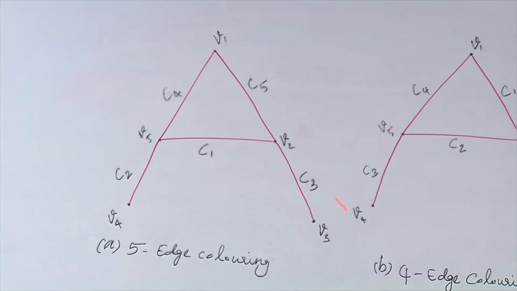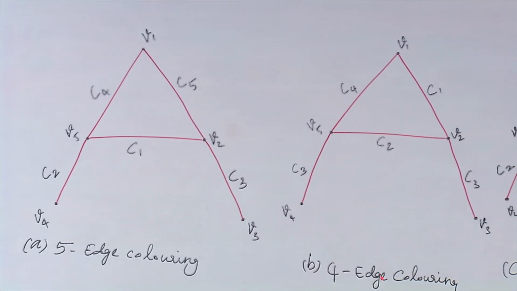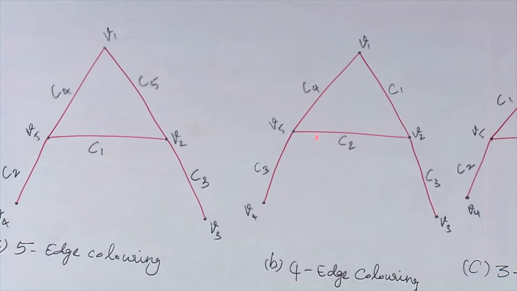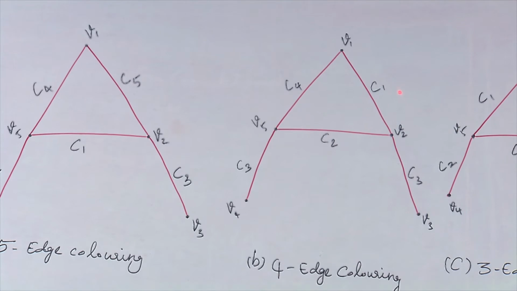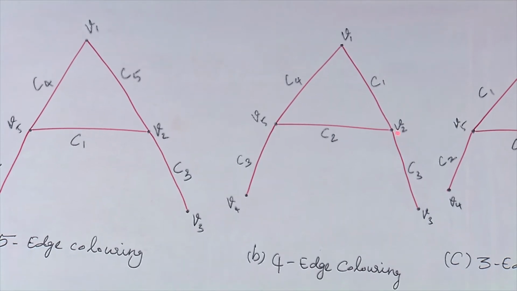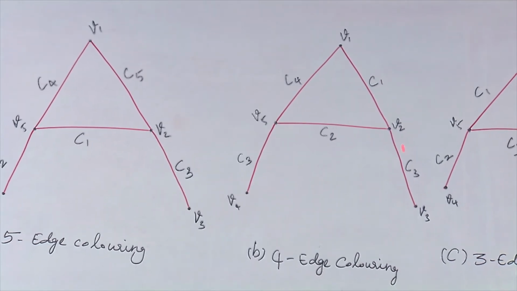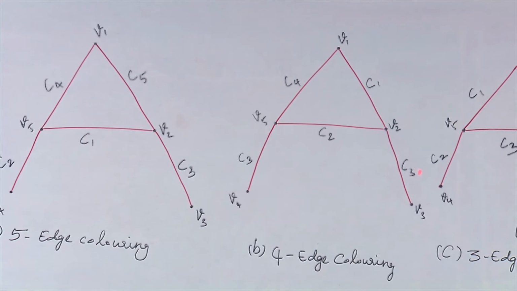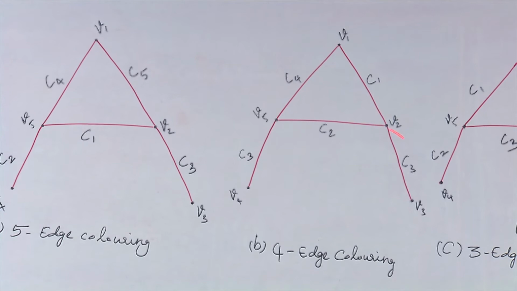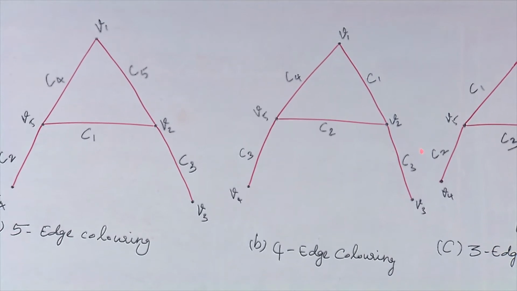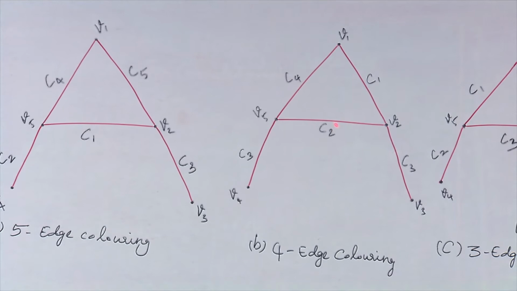I consider the same graph here where I used 4 colors. I am going to call this a 4-edge coloring, where you can see here I used C1, and for this C2, here C3. The same color C3 I can give to this edge also, because these two edges are non-adjacent. So, I am giving the same color C3 to here and C4 to here. Since I used 4 colors here, this graph is a 4-edge colored graph.